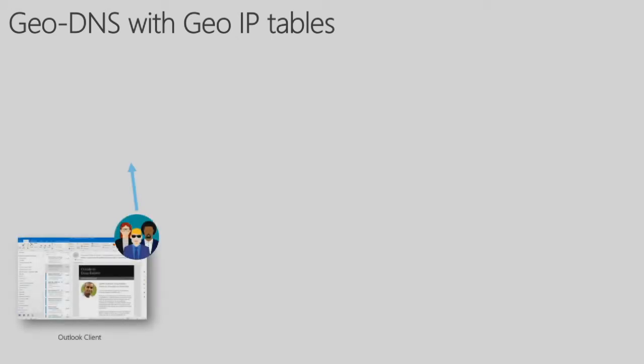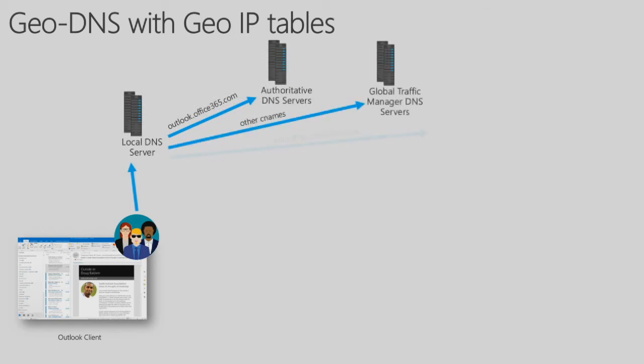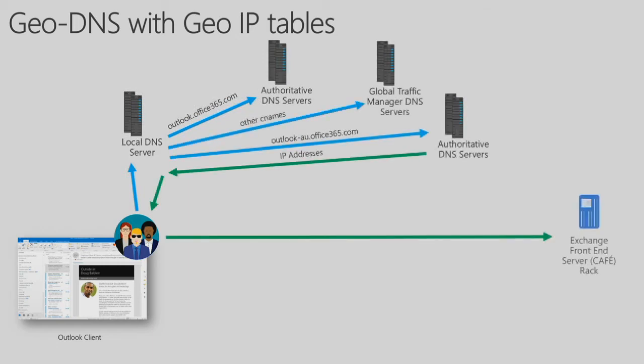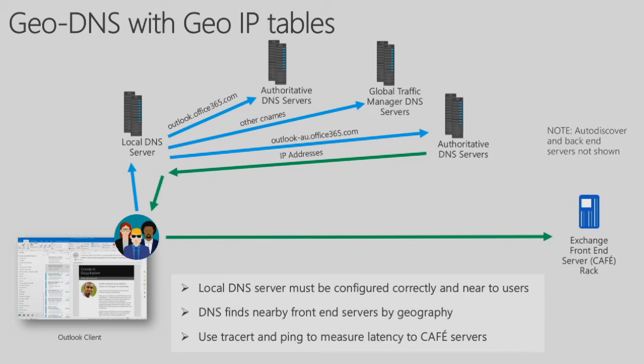So the first one we have here uses a technology called Global GTM, or Global Traffic Manager. And GTM, you can see in the middle of those DNS servers there, the Global Traffic Manager DNS servers, they take a request for a DNS CNAME that we provide, and they look at the IP address of that local DNS server, and they will return another DNS CNAME which identifies where in the world approximately that request came from. They have tables and they do these lookups. And so in my example on the slide, you can see the GTM DNS server has returned